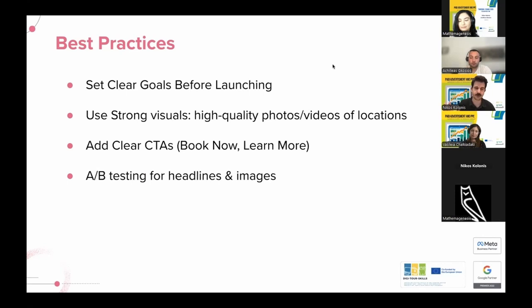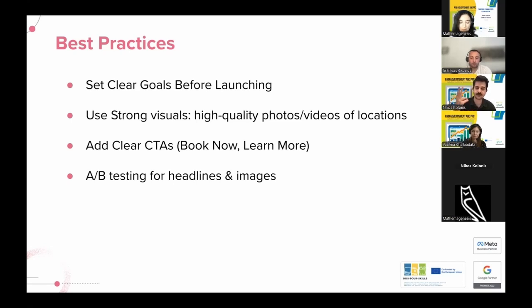Another good practice is to use A/B testing. Platforms, both Meta Ads and Google Ads, make this very easy to do. So you don't only give one image, you don't only give one text option, you give multiple text options, you give multiple images. So that then you can see which one of those performs better.